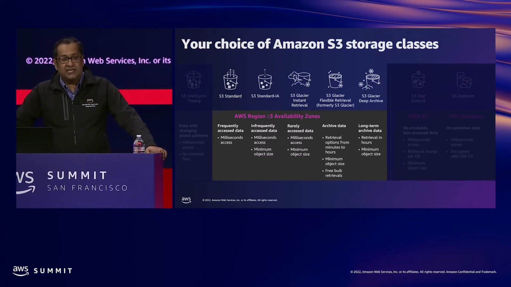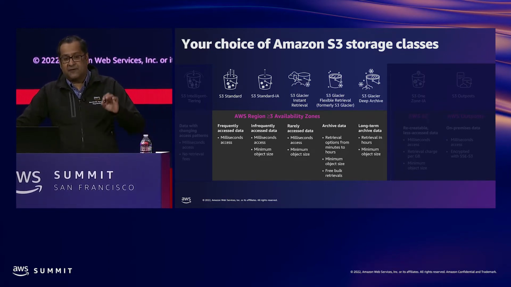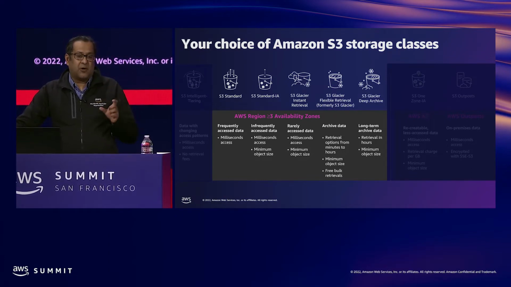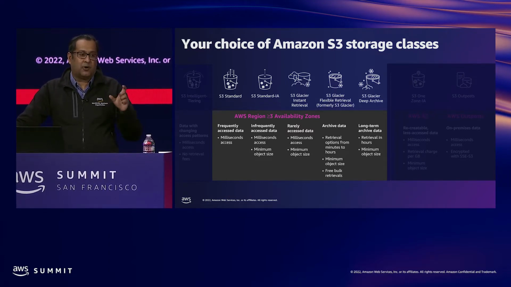This is the ideal storage class for frequently accessed data. Or this is the best choice for data which is accessed maybe more than once a month, right? And it's also the ideal storage class for data that has small objects. They're either small objects or short-lived objects or objects that are accessed frequently over the course of a month,